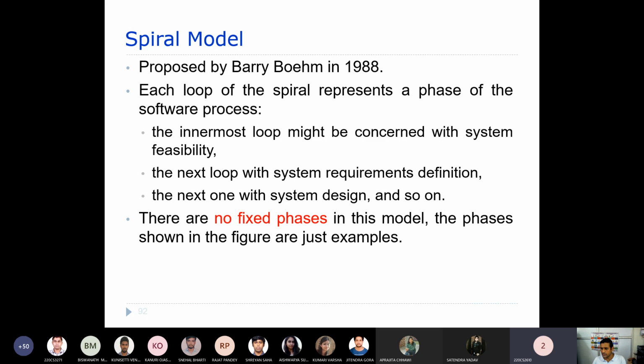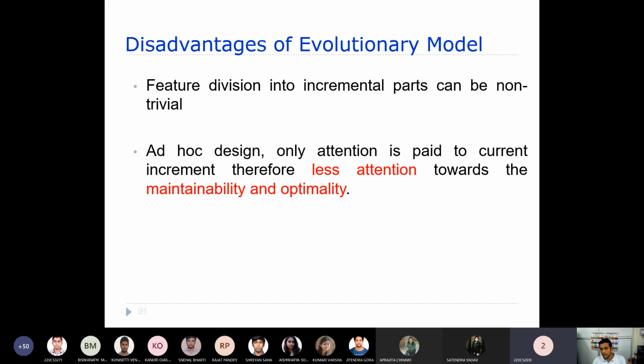Sir, who decides which requirements are to be included in the core deliverable? That is what I said. Sometimes it is very difficult for us to decide what is a core part and what is a non-core part.